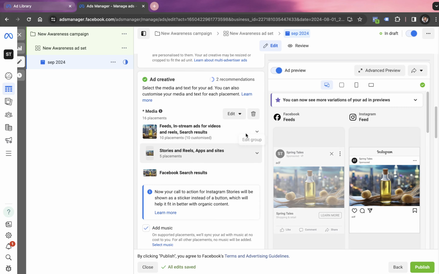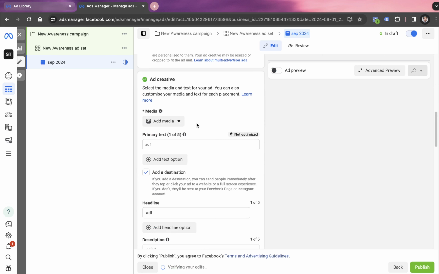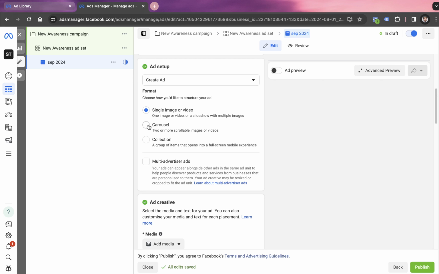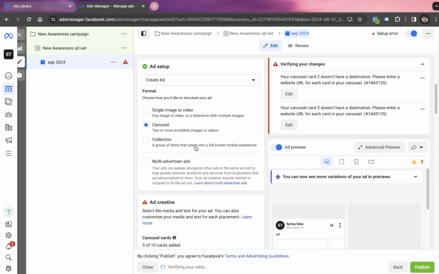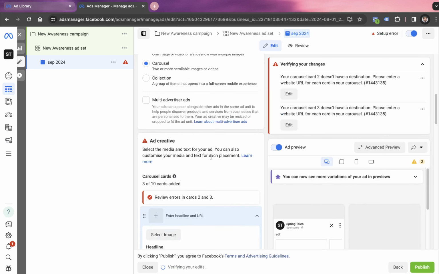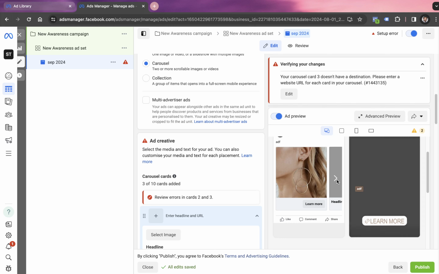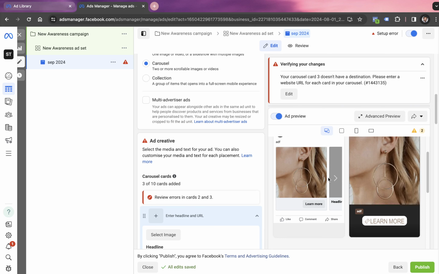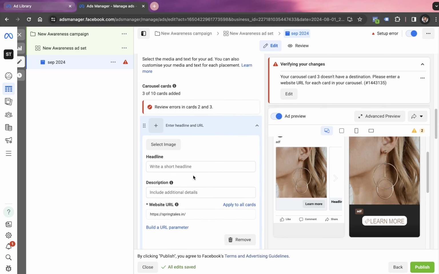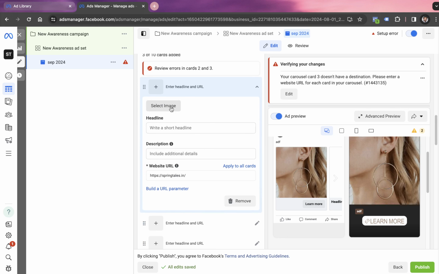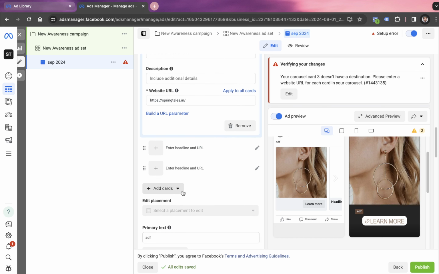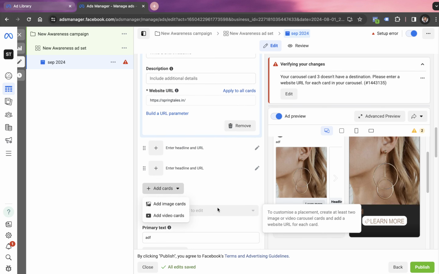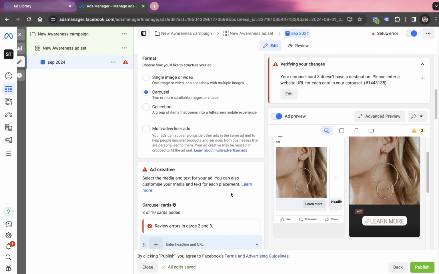Now let's say we are not willing to go with the creative, the single image. In that case, we have an option to go with carousel that says two or more scrollable images or videos. So here we have to add multiple images in the form of cards, which is going to look something like this. So here we have options to add an image as card 1, then image as card 2, image as card 3, and we can add up to 10 images or maybe videos in this ad copy,